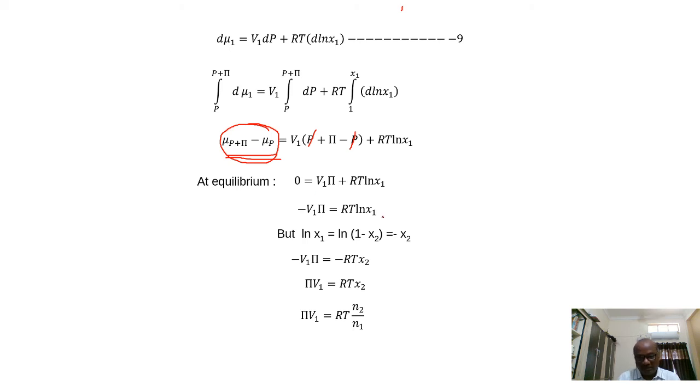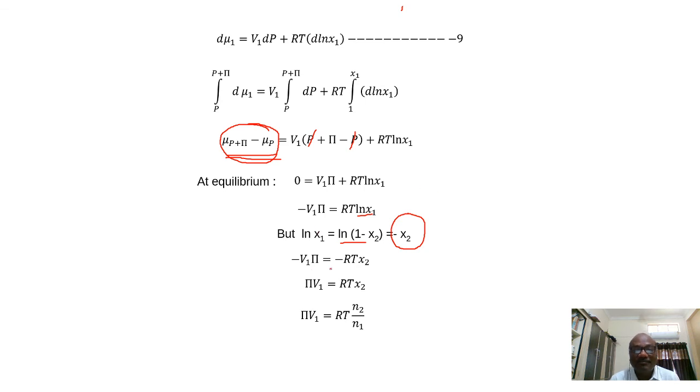Now introduce the mole fraction of solute here. We can write x1 is equal to 1 minus x2. So ln x1 means we can write ln(1 minus x2). This is a series we can expand. In that series, ln(1 minus x2) becomes only equal to what? Minus x2, because in mathematics the formula is there: ln(1 minus x) is approximately minus x. If we expand that series, we get minus x minus higher terms. Here we have ln(1 minus x2), so the value will be minus x2.